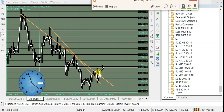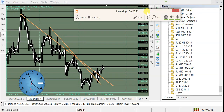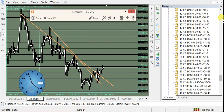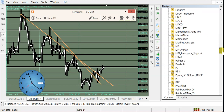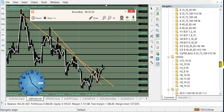Looks like the pound broke out of that, so your non-directional traders made money there, just trading it back to there and putting in, once again, double click limits. I'll show you double clicks, because I normally run the double clicks instead of the drops, which are just too much work. So here's the very aggressive one,